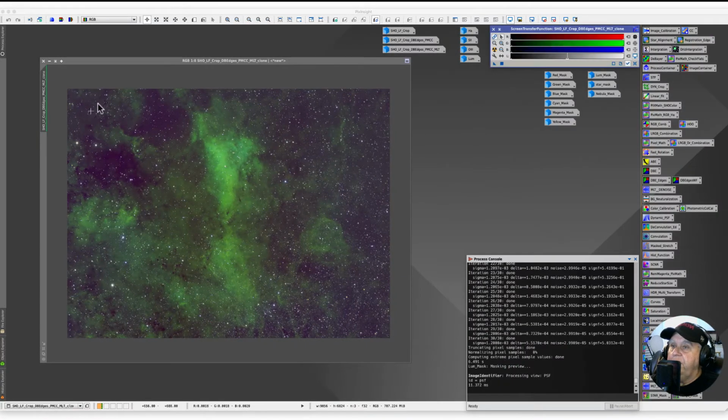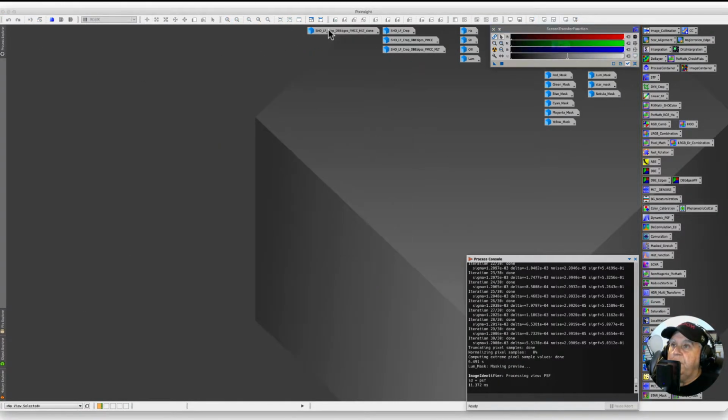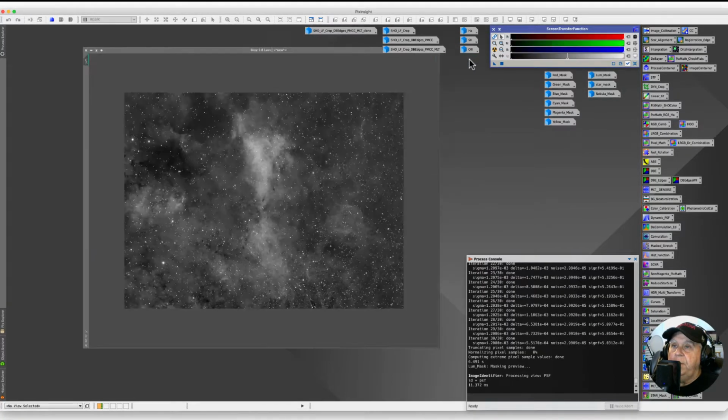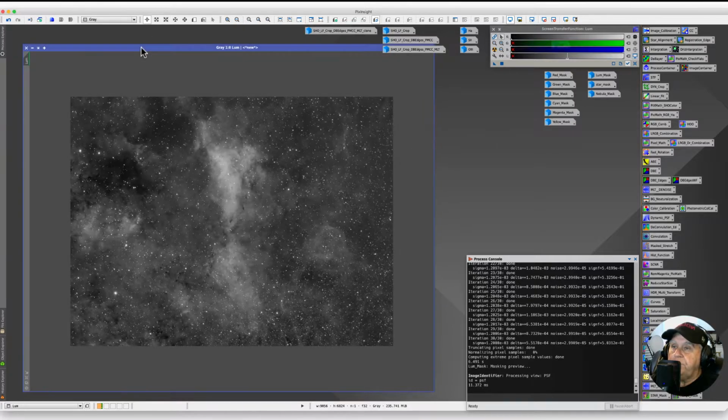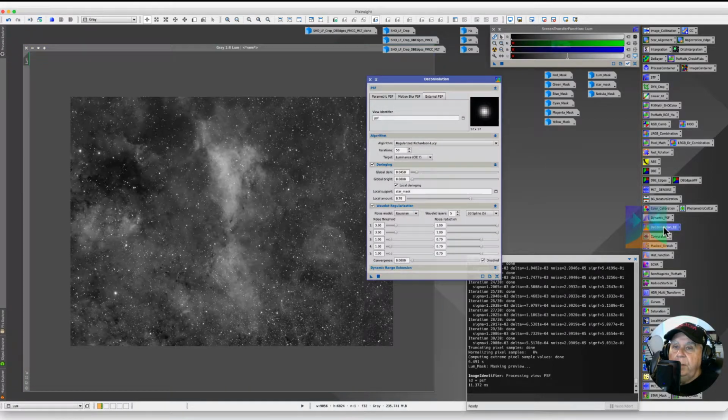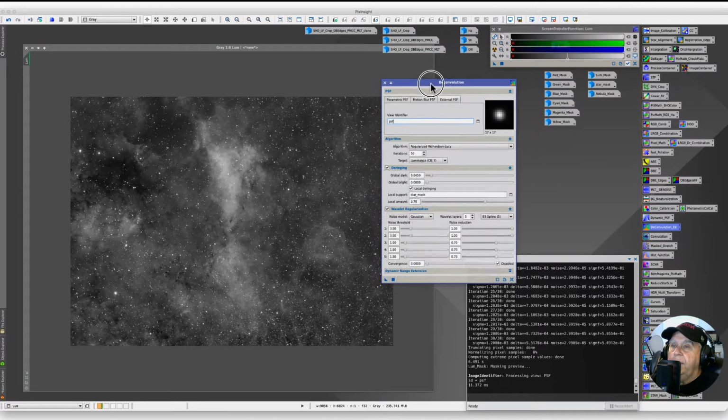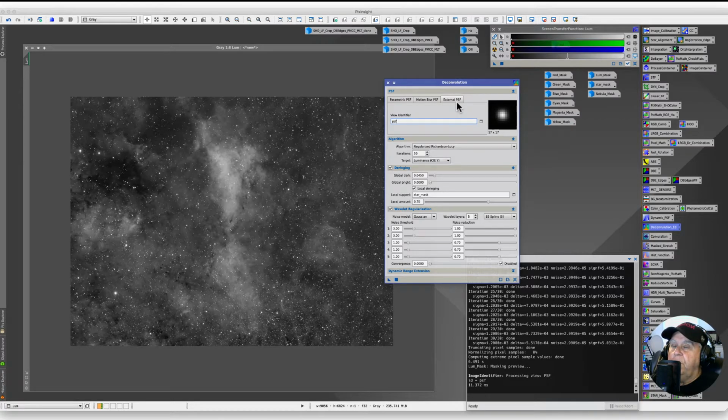PixInsight, because we're going to be running deconvolution. This is our color image that we've been working on so far, and we need to pull up our luminosity image. In order to run deconvolution, we're going to need an image that represents our point